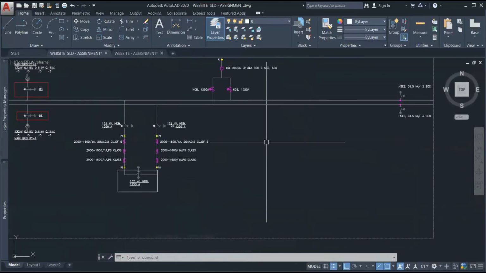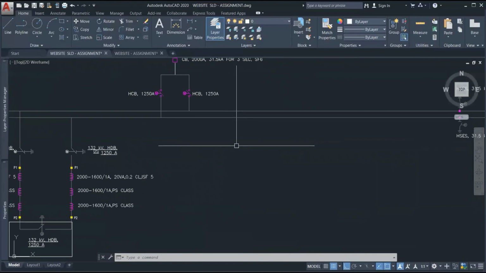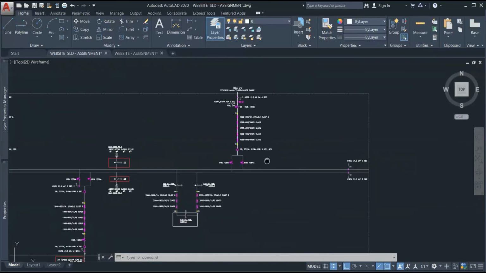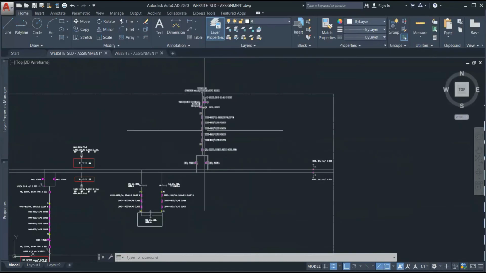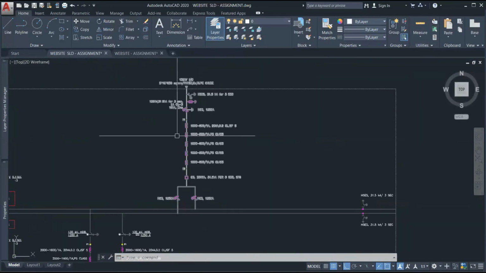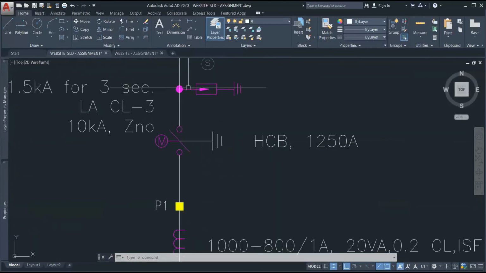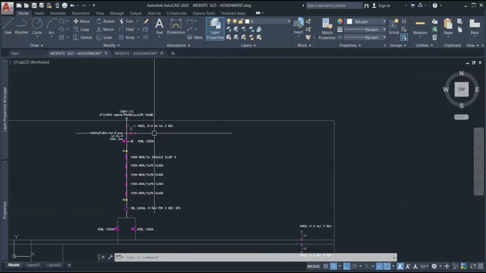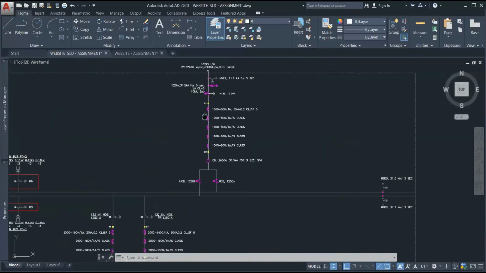So suppose I want to make a... Harsh, one doubt. Yeah. When you're selecting, how to define from where to where it will select? Suppose you are selecting one object. Can I make a block for this object? This all text, this LA, everything I have made a block, but all the objects are not in the block.